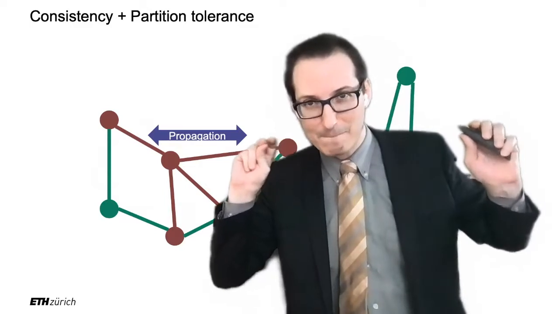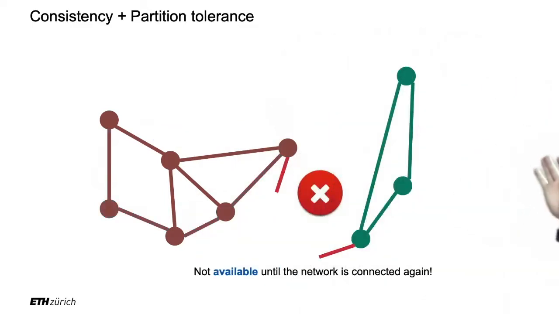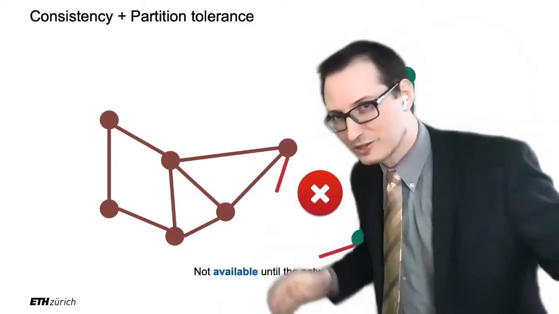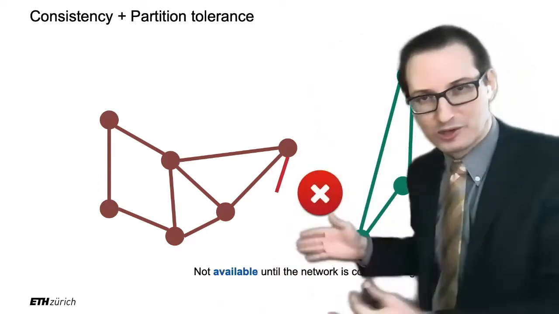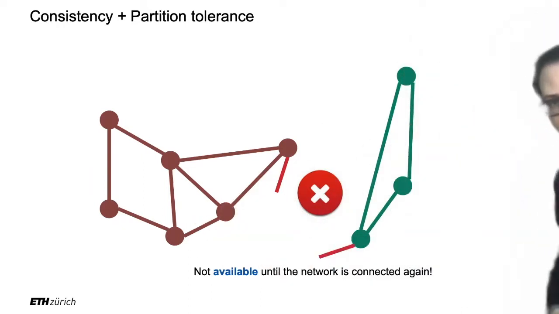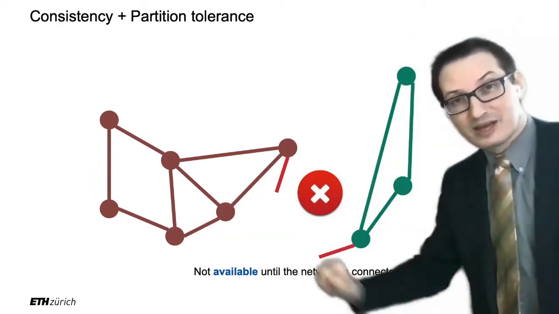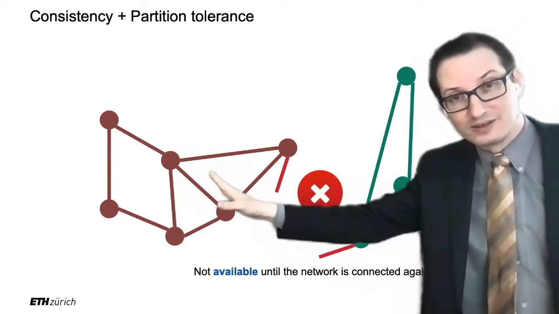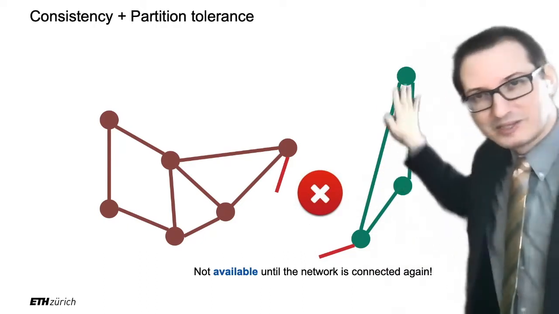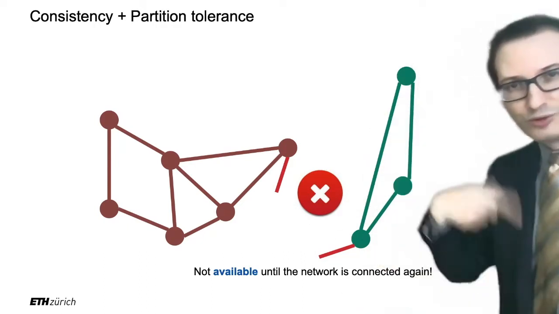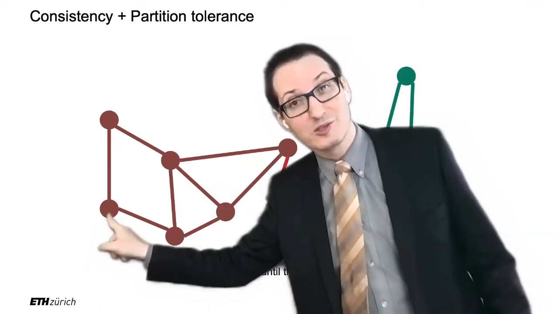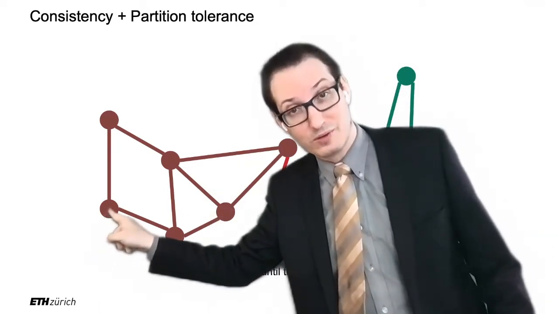And then, bam, like in a Hollywood movie, something happens, and this is broken. Maybe this is the Atlantic Ocean, or I don't know, and there is an earthquake there, and then you can no longer communicate between Europe and America. So what happens, as you might have seen, is that the update here didn't manage to propagate all the way there. This is still the older version. So now if you come and ask for a value, for example, to this node here, they will give you the new object.